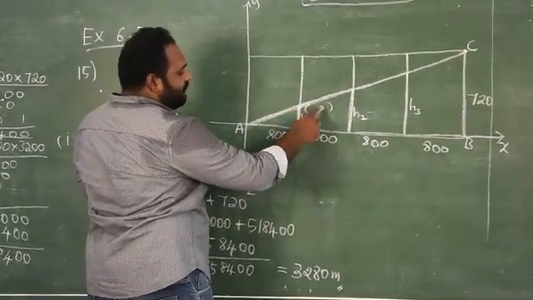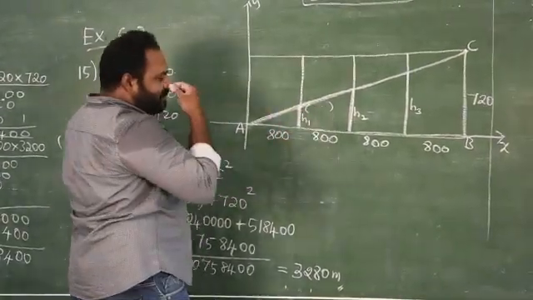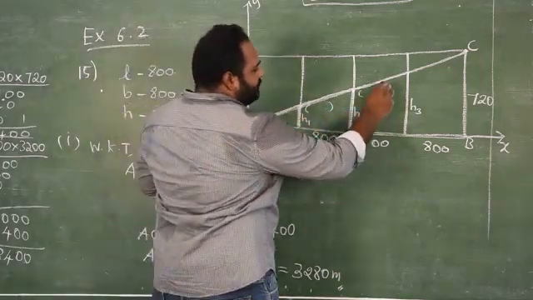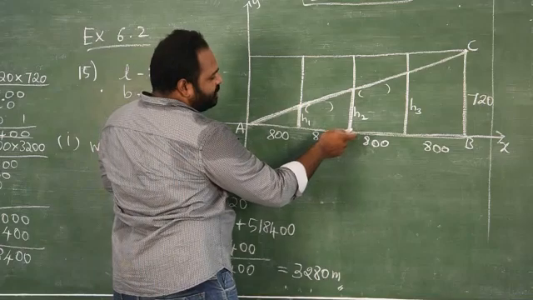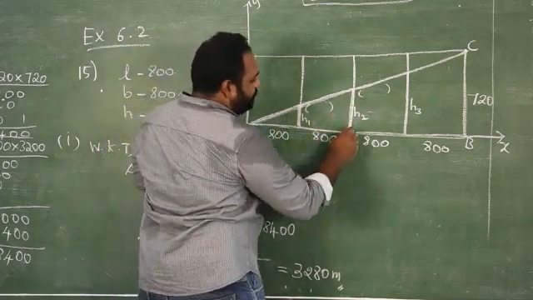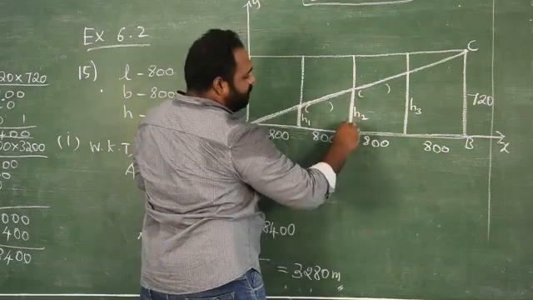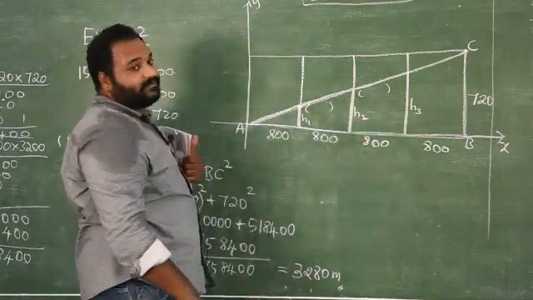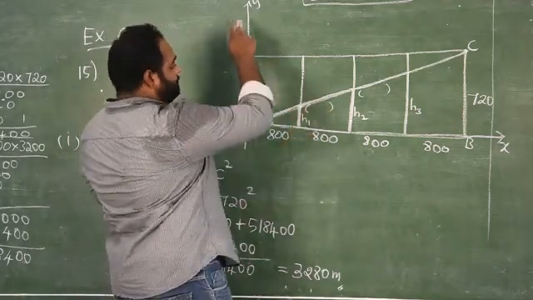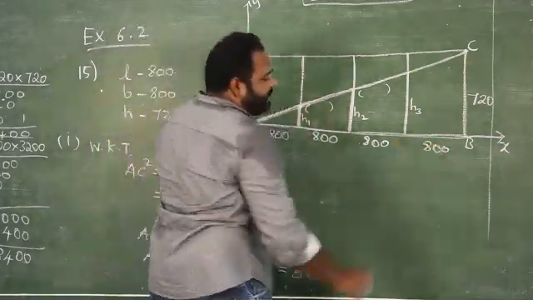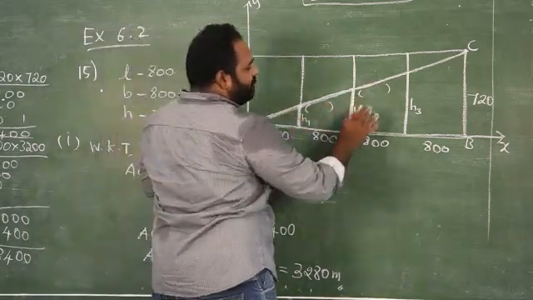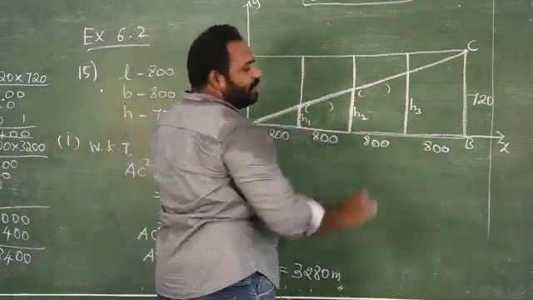If you find the y value here, it is supposed to be the h1 value. Same like this, from here to here is the x value, and this is the y value, which is h2. Because of the y values, I have constructed the x-axis and y-axis. So if you find these coordinates, we can find h1, h2, h3.